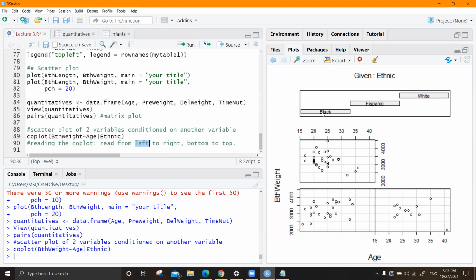Again, left to right. We are going to assign black first, right? Left and bottom. We give the first priority to left and bottom. So it is this, right? Here we have both left and right, so what we give is top or bottom. When we compare these two, one is left, one is right, but still one is bottom, one is top.